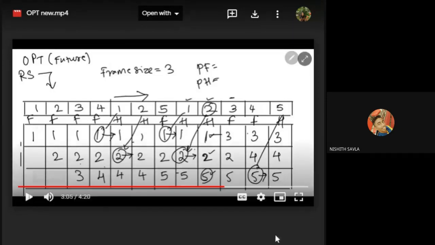So calculate the page faults. Understood what happened? Yes, ma'am. Okay, 1 और 2 मुझे फ्यूचर में चाहिए ही नहीं क्योंकि मेरा स्ट्रिंग खत्म हो रहा है, तो 5 को तो मैं रिप्लेस नहीं कर सकती because 5th तो मुझे चाहिए ही. So 1 and 2 जो आने ही नहीं वाला है कभी, तो उसको निकालो. तो आप इनिशियली 2 को निकाल के 3 डाल सकते हो, 1 को निकाल के भी 3 डाल सकते हो. Both answers are correct. If you replace 1 with 3, you remain 2 with 4, and if you replace 2 with 3, you will have 1 with 4. Both the things are allowed. Understood?